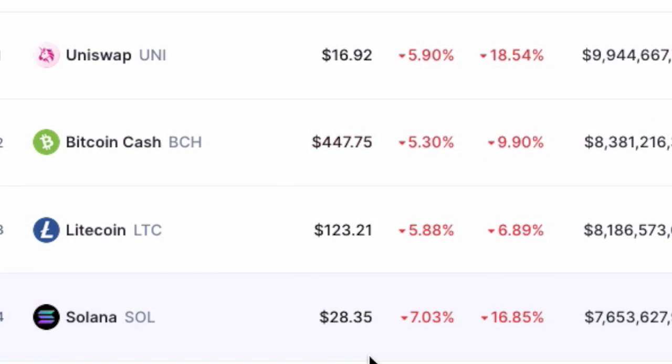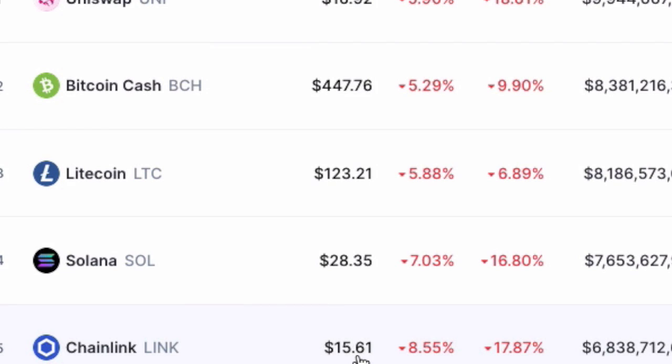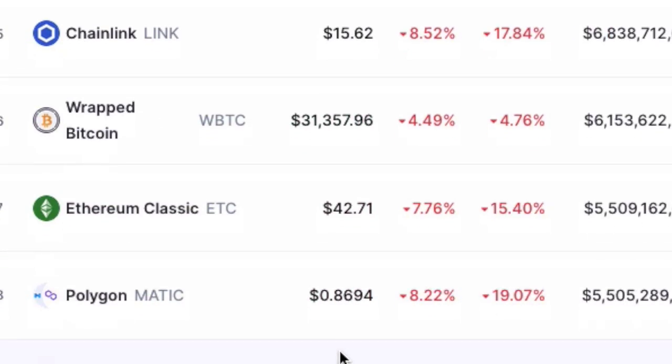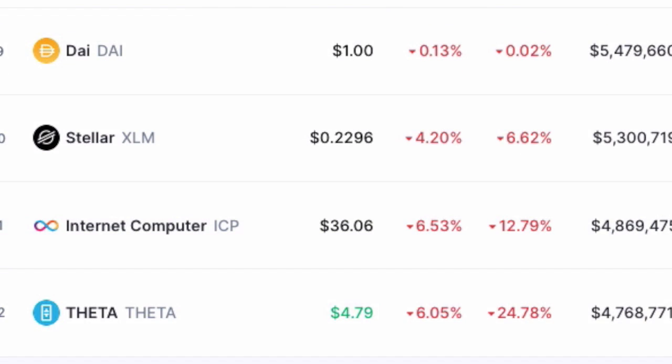And then there's Solana, also a competitor to a lot of the decentralized financing networks. Definitely, you could dollar cost average there. To me personally, this is still a little bit too high. I'd wait until maybe the 20s or maybe even the $19 range. Chainlink, I think this is a buy. It's around $15 right now. It was as high as around 40. So this is obviously a steal. I've been dollar cost averaging it here. So that's just kind of everything in a nutshell. Oh, and also there's Polygon and VeChain. These are also great buys.